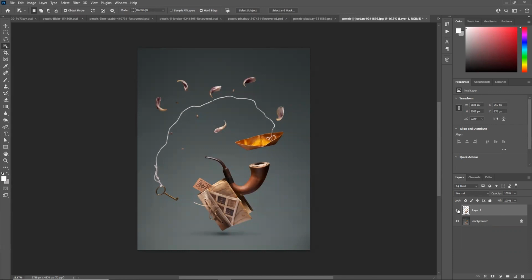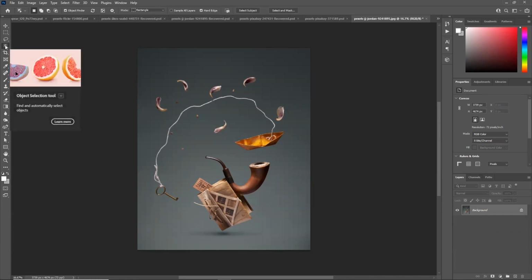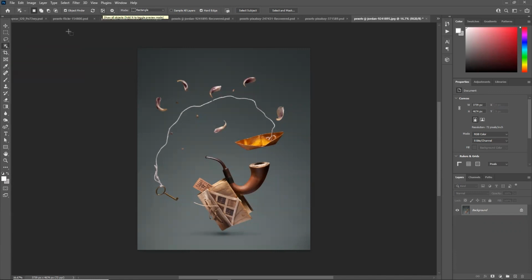But you have to be very careful. Sometimes the AI is not that powerful and sometimes it misses out on various objects. Another thing is that while your object selection is there, you can just click on this show all objects option and you'll see all the objects that are selectable. It is again based on a lot of factors.